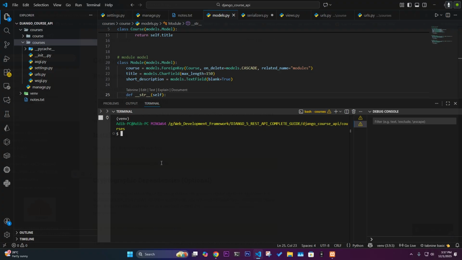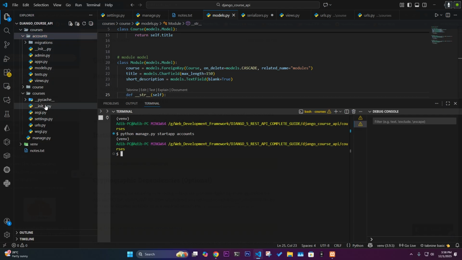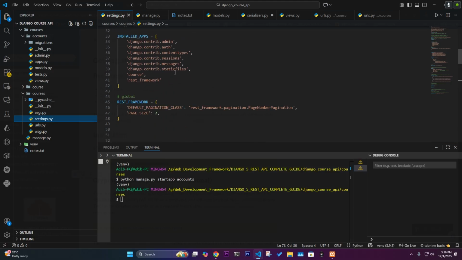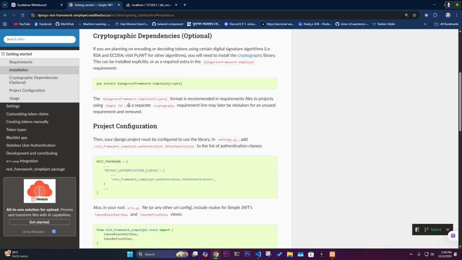What I just need to do is create a simple Django application so that we can work with it. An app called, python manage.py startapp accounts. Okay, so this accounts app is created. Beautiful. Now this is the part where we're going to work mainly. So now let's go to our settings and add those two things. This is a very common thing: you need to add whatever apps you have created, and we also need to add Django REST framework,